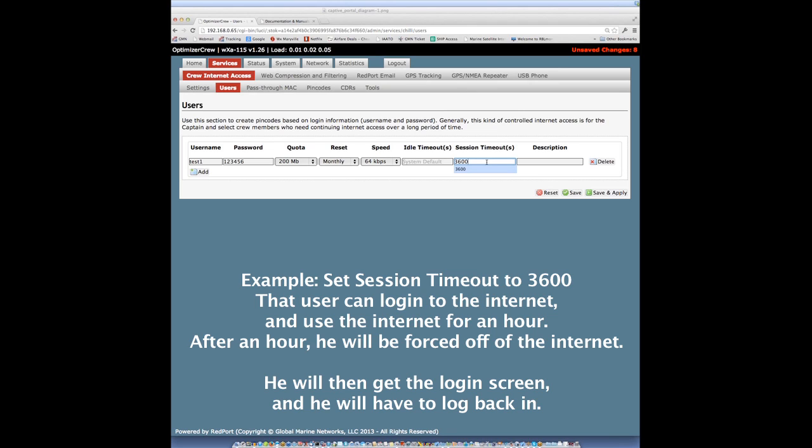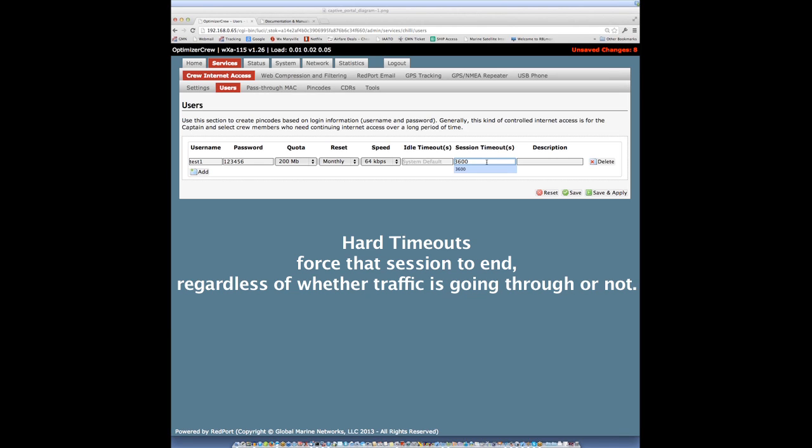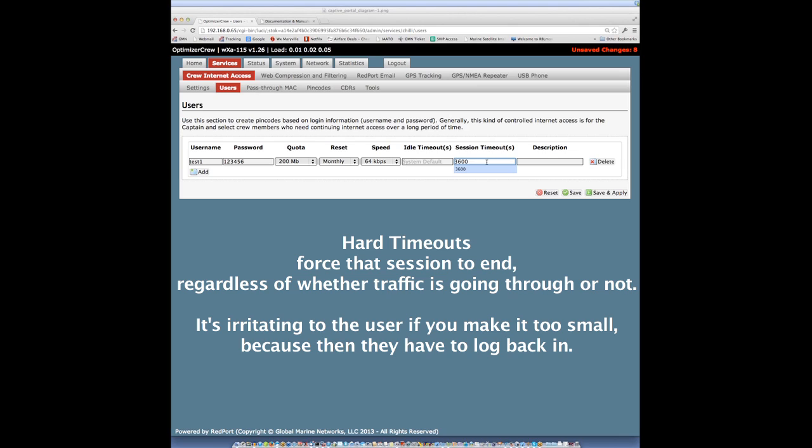He comes back to the computer and goes, oh, I've been logged out. I need to log back in to use the internet, and then he logs back in. So the hard timeouts are really kind of nice because they will force that session to end regardless of whether the traffic is going through or not. It's a little irritating to the users if you make it too small because then they have to log back in. It also creates a new